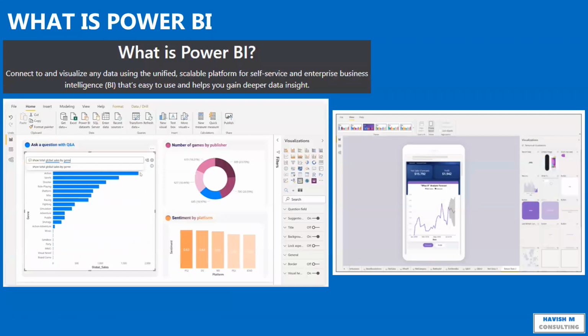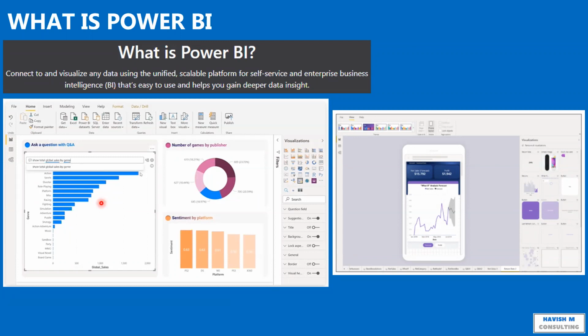Power BI is not a part of Microsoft Office. You have to download it separately. As an enterprise, you have to pay for it separately. You have to manage it separately. But since it is a Microsoft tool, the integration is very solid. The integration with Outlook, MS Office, Excel, MS Access, SharePoint, Microsoft Azure, Visual Studio, the integration is very, very strong.